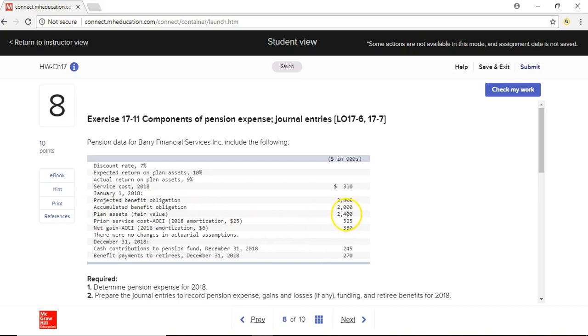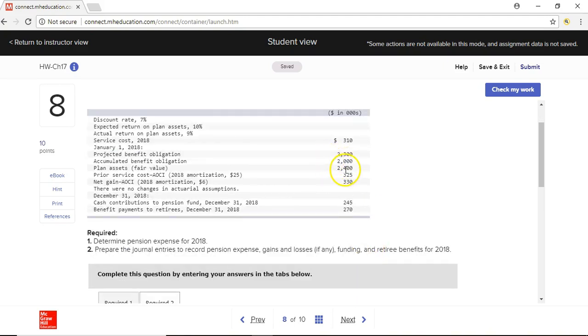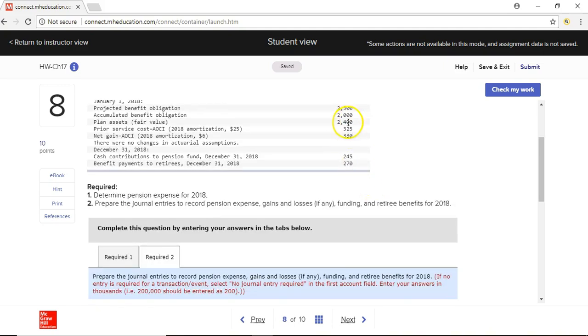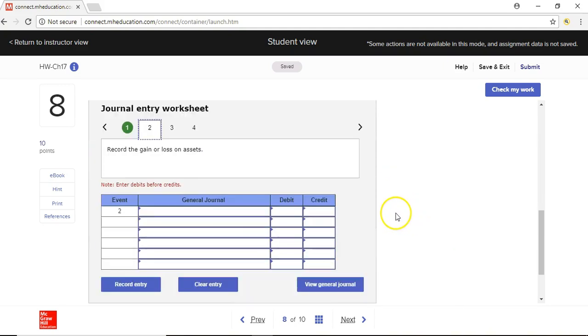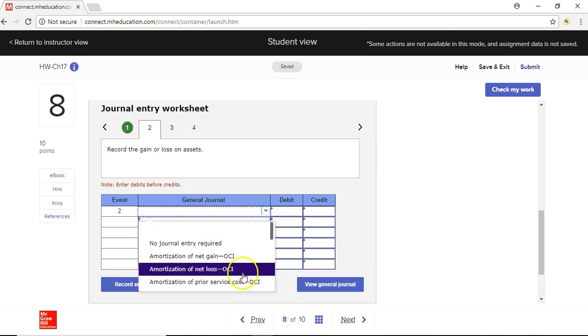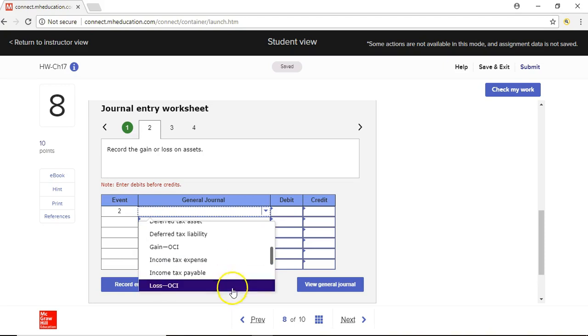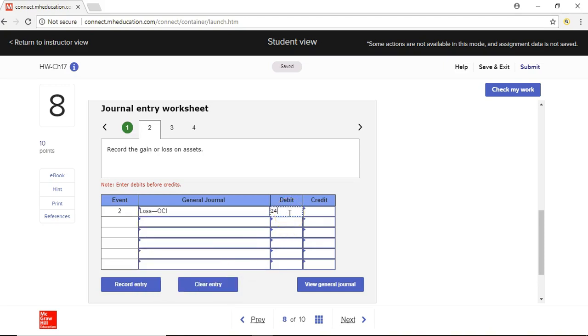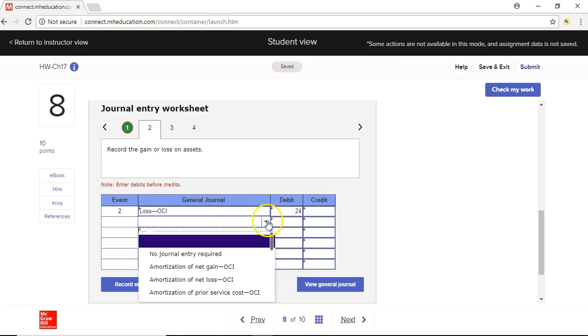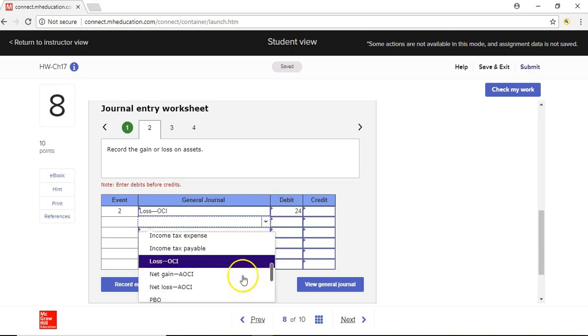Beginning plan assets was $2,400. By that, 1% means $24,000. But we will simply enter it in thousands. So 24 is a loss. Loss will be put on the debit side. A loss for 24 and plan assets will be credited